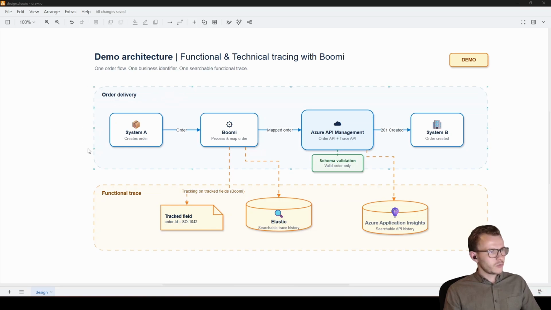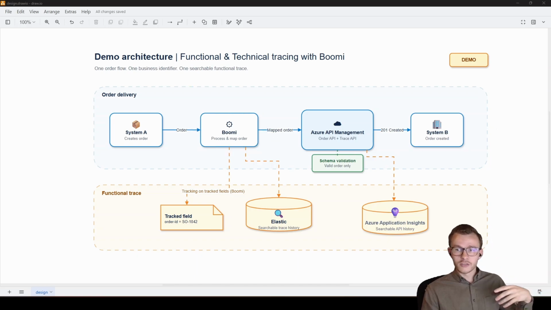I'm going to explain to you what we actually are going to do. Imagine we have an order that goes from system A over Boomi over Azure API Management to system B. What we will use to have our tracing, we will have Boomi tracked fields. So we are going to log the order ID and the customer ID and some other properties. Next to that, for every step we take, so when we start the process, receive the order, start to transform the order, and also after we send the order,